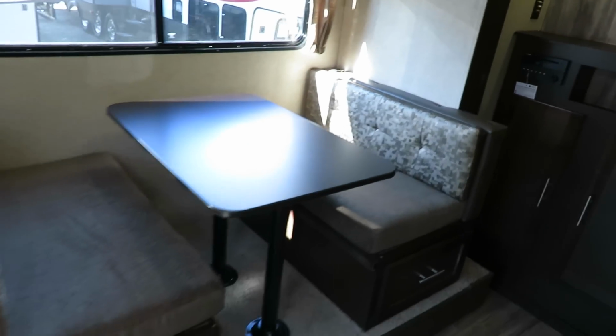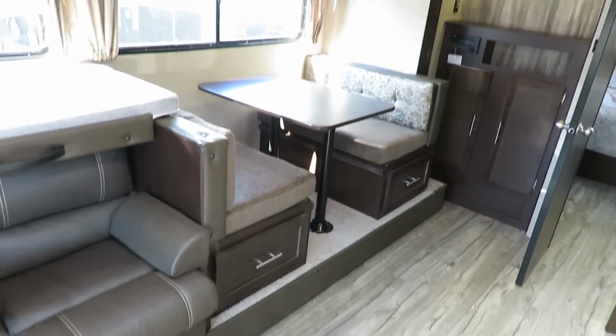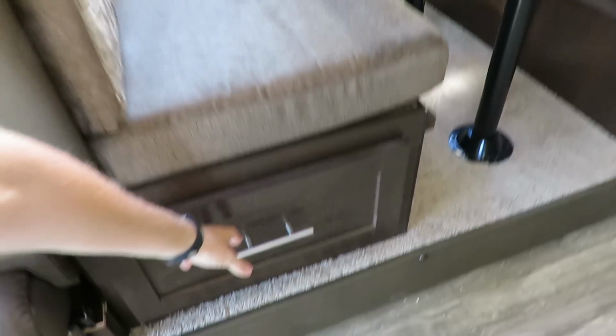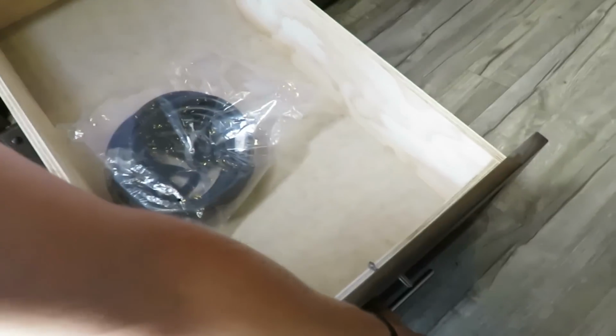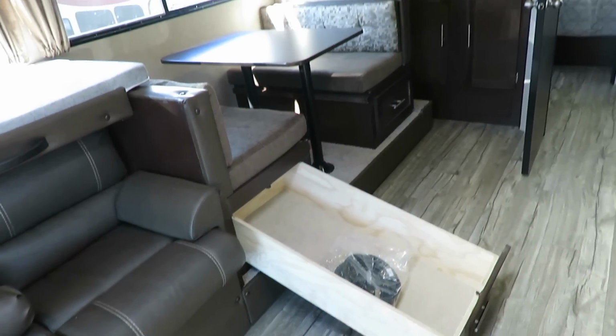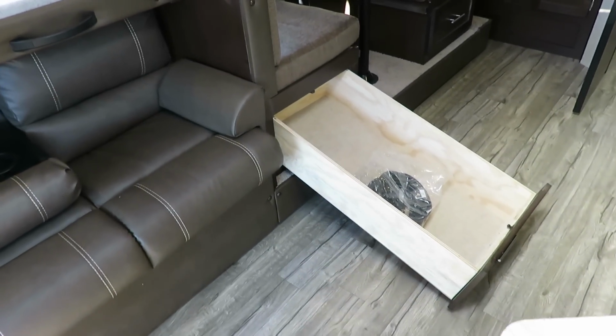Our dinette here. I've always believed that every brand is the best at something. Cherokee does have the best dinettes. And this is basically one of the big reasons why: these humongous full extension drawers that you can put under them. This is not a standard item, but it's something that we'd probably...